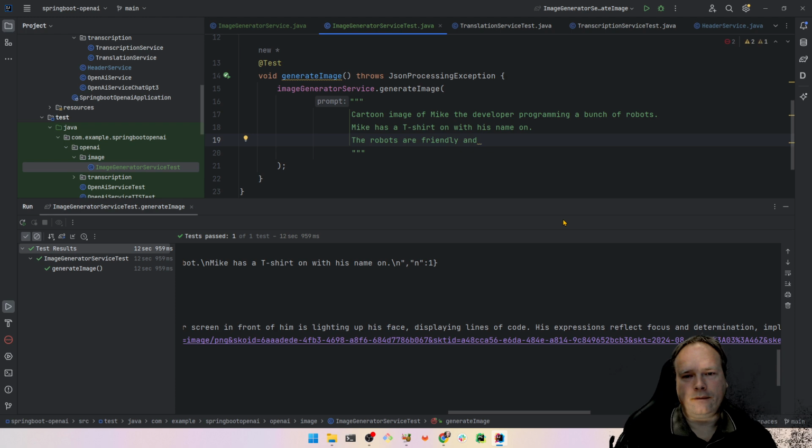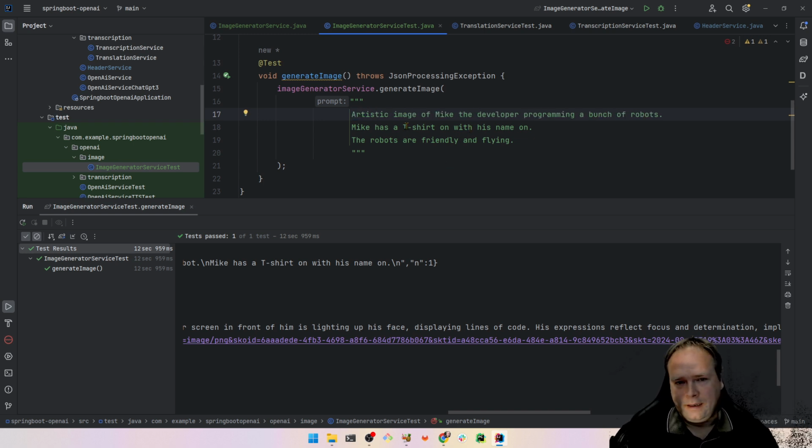And flying. They're also flying. Okay. So now we changed it a little bit. It's still a cartoon image. We can also change the style, like artistic. Painting. Oil painting